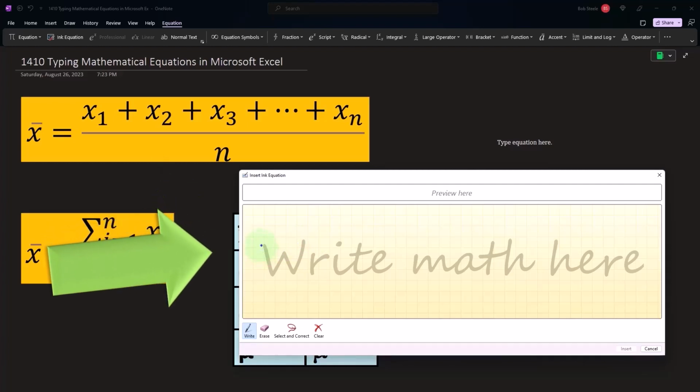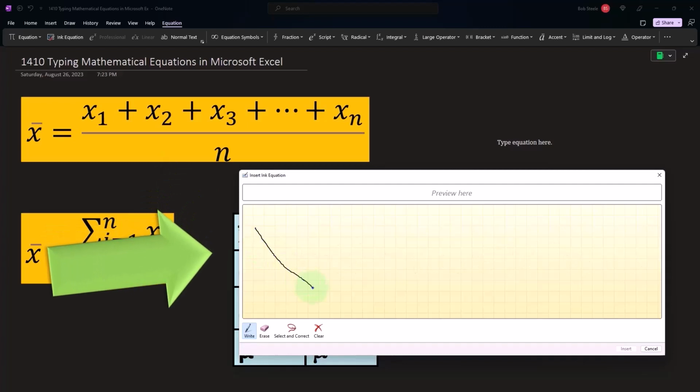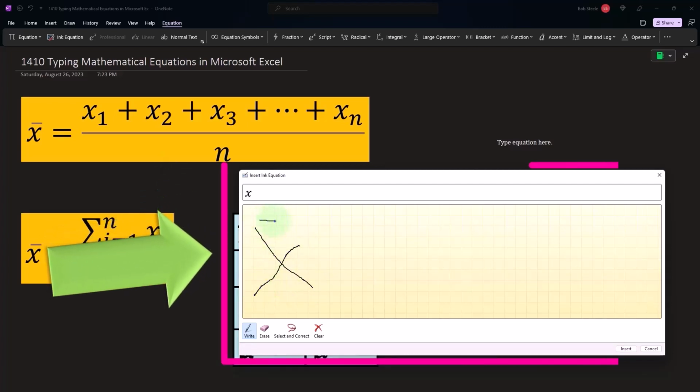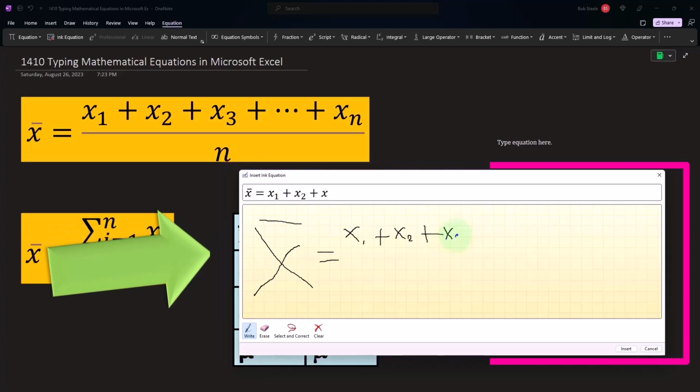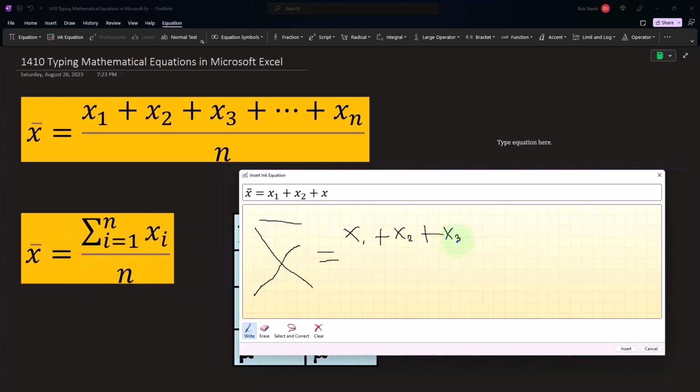And so let's try it out. So if I'm going to put an x on this side, x bar, and so you can see it writes this out up top, and then I'm going to say it's equal to, and it looks like it's picking it up, and I'm going to say x sub 1 and so it's picking it up here, plus x, and then we'll say sub 2. So that looks good, plus x, and see, me writing with the mouse looks pretty much like I write with my pencil. It's like about